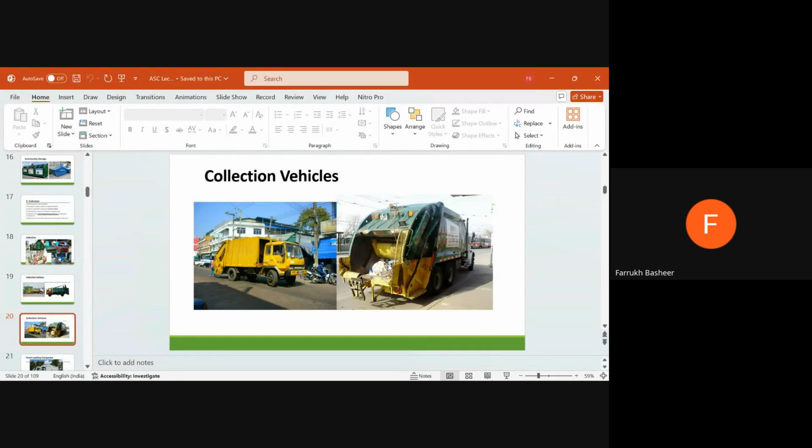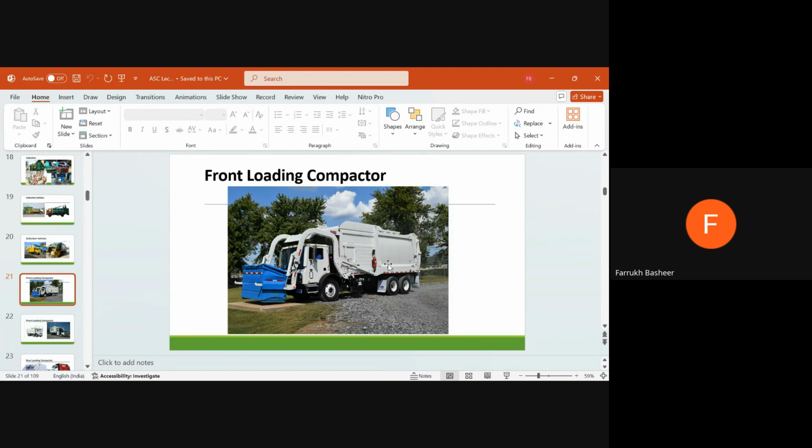So these are the different photographs in which the compaction machine is in the rear part of the vehicle. In some developed countries, they are using these types of vehicles. They are having a